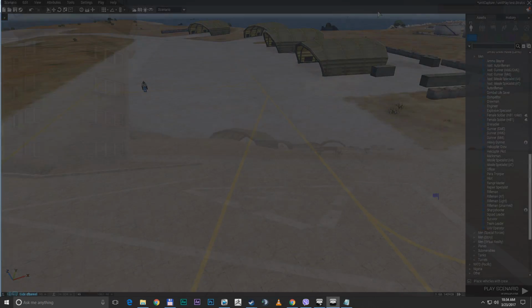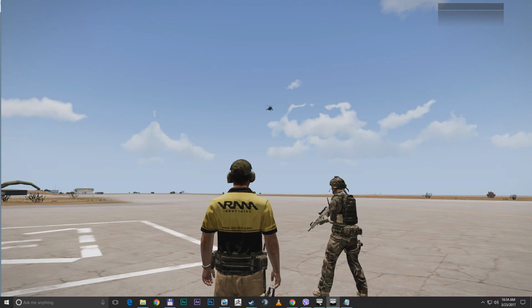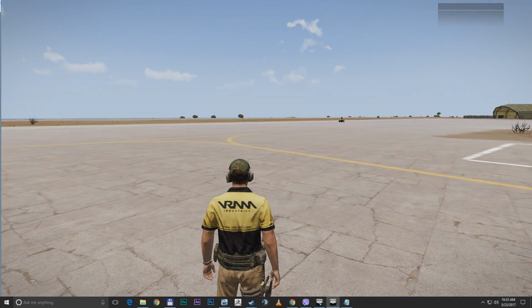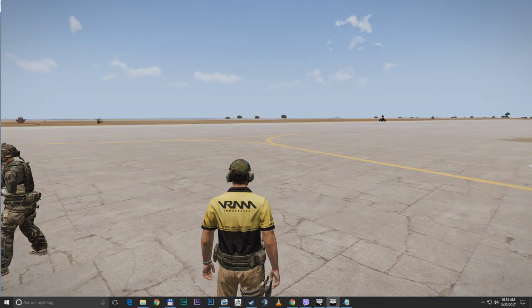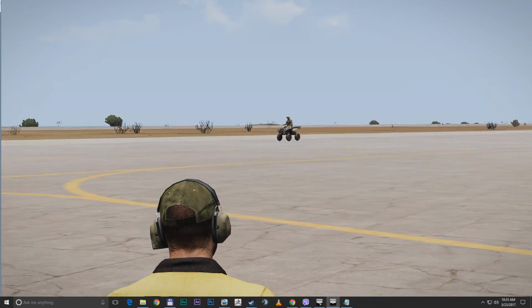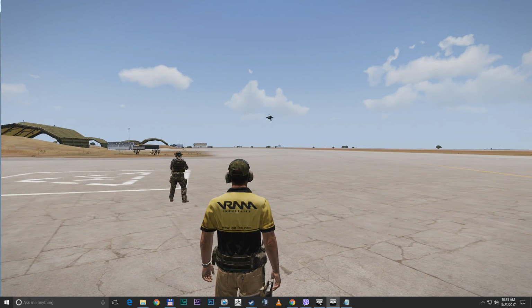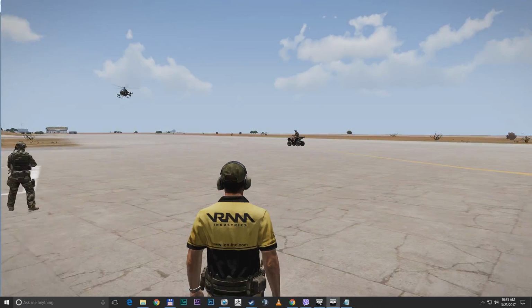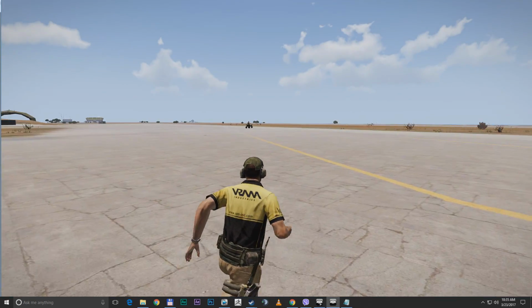When I call in Radio Bravo now, both the quad bike and the chopper should start moving. And there we go. Yeah, the chopper is good. They're all good. Alright, so this is another major issue when replaying